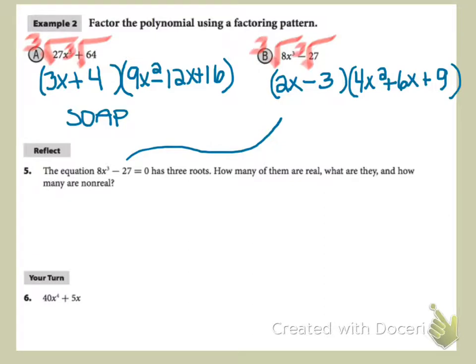And we kind of looked at that when we were looking at the polynomial graphs in the last module. So the question is, how many of them are real? Well, remember when we solved quadratics, when we factored, what we would do is take those factors and set them equal to 0. So let's say I did that here. If I set this 2x minus 3 equal to 0, I could solve that one easily. And then if I set the other factor, which is 4x squared plus 6x plus 9,